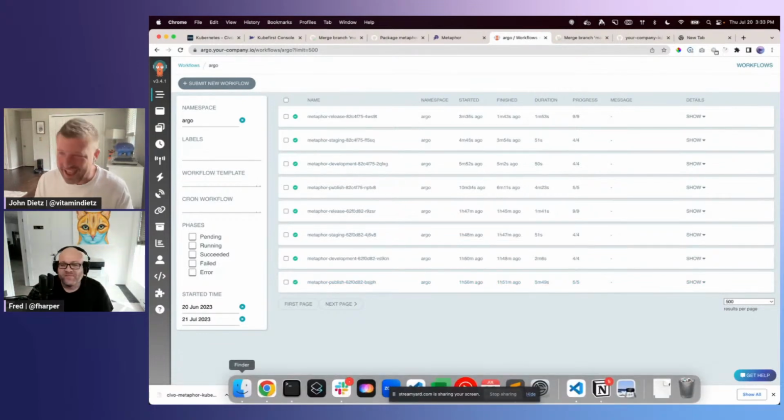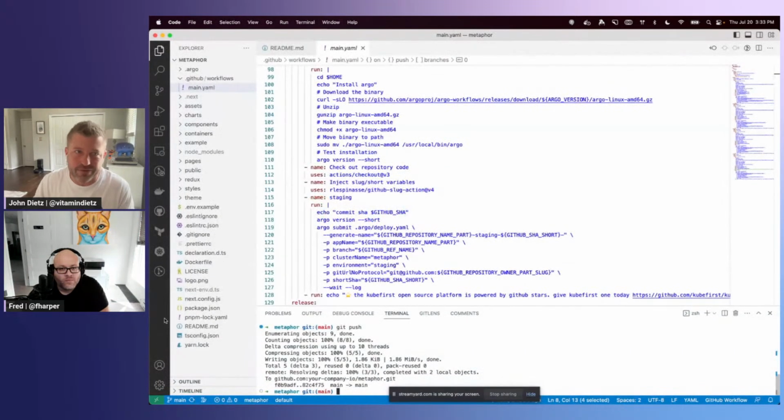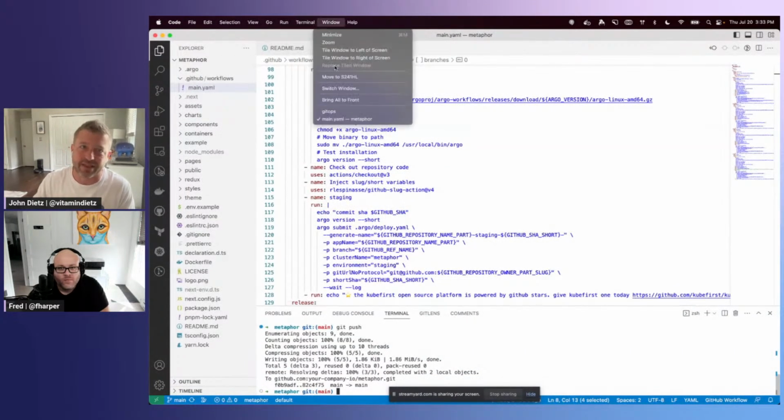So anyway, that's sort of glossing over a lot of details, but that's the crux of our integration of Argo workflows with GitHub Actions. It's the same story with GitLab CI. You make a change to your main branch, it's going to publish and deliver to dev, stage, prod. Now, the chart itself is kind of interesting. So let's take a look at that together.